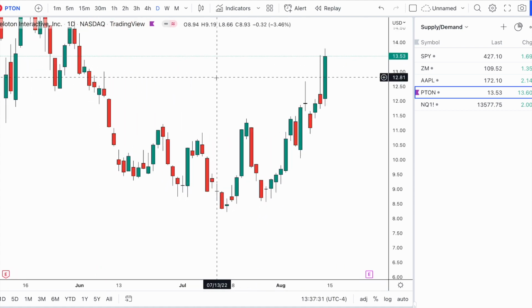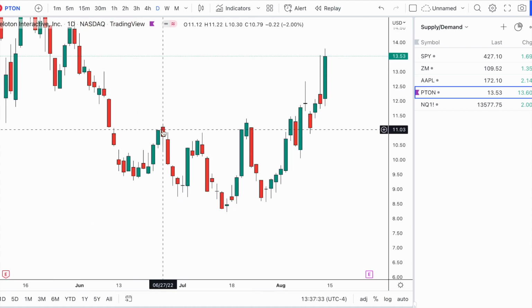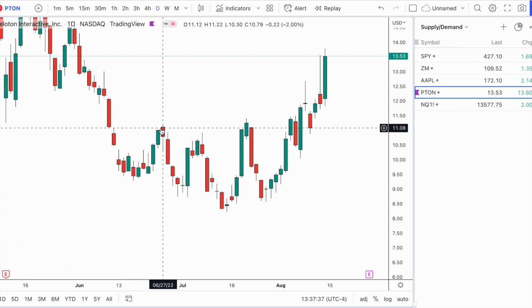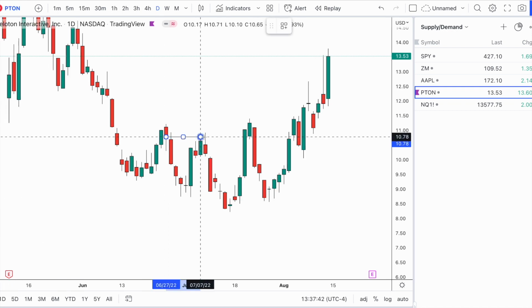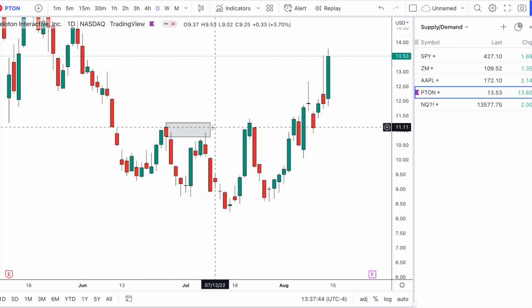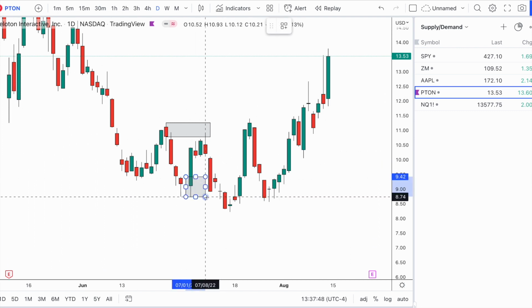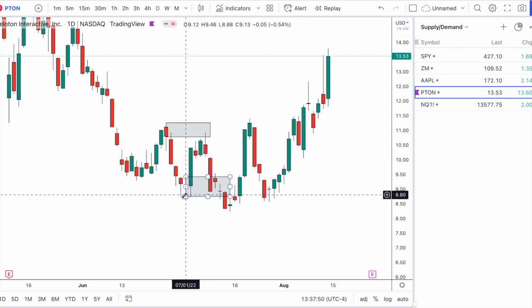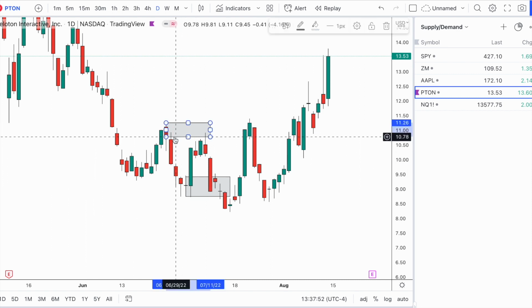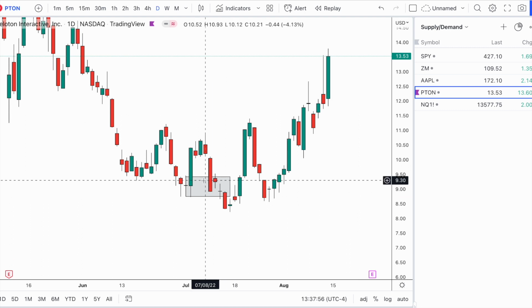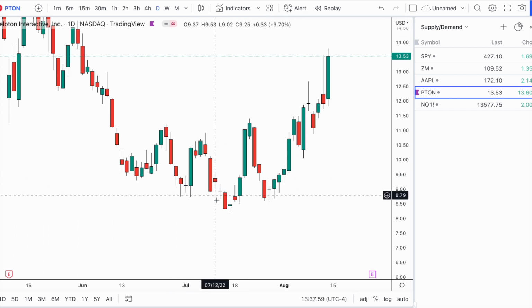right? So what happens? This is supply, right? Price comes up, we rally, we base, then we drop. So we draw that supply zone here. We hit supply, and we end up breaking this demand, right? So you don't want to be buying this demand zone here because this demand was not able to take out this supply, right? Very simple concept. So price comes down, we take out this demand, and then price ends up coming up and takes out this supply zone,